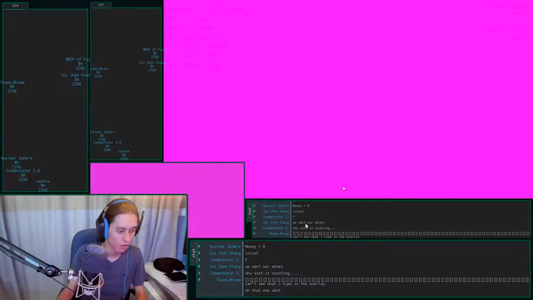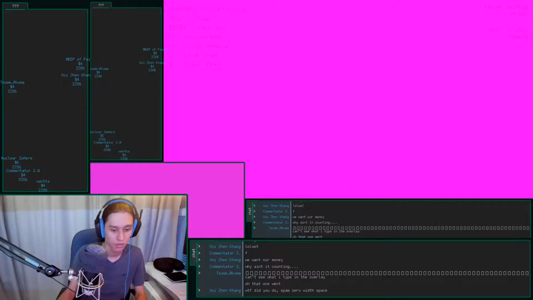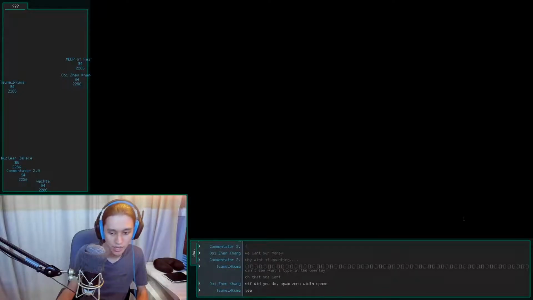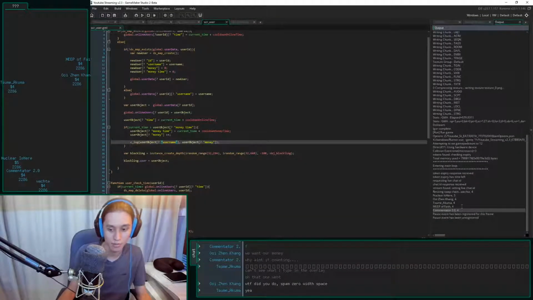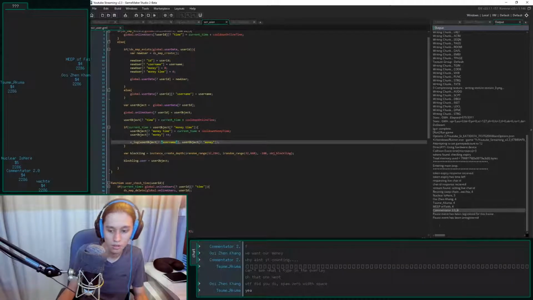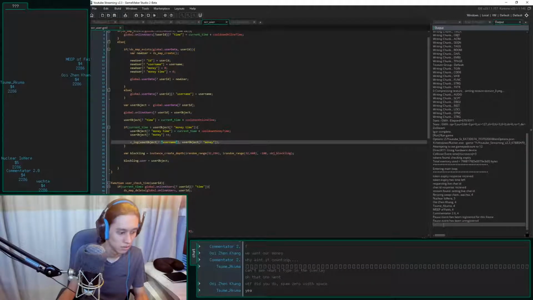Can't see what you type in the overlay. I mean, it's giving money. At least it thinks it's giving money. Nuclear is here as 5. Watcha is 4. Sume is 4.